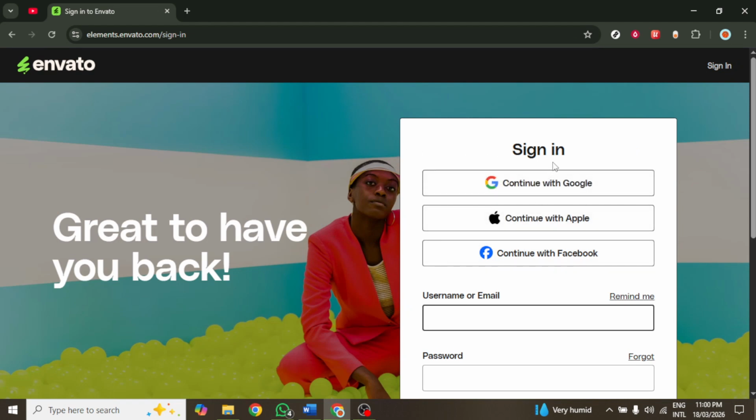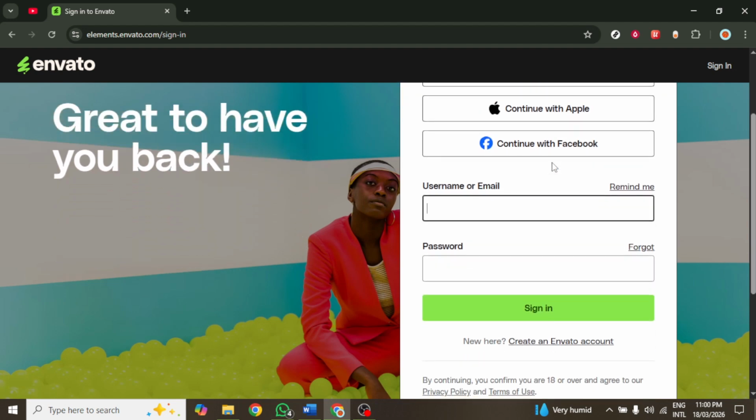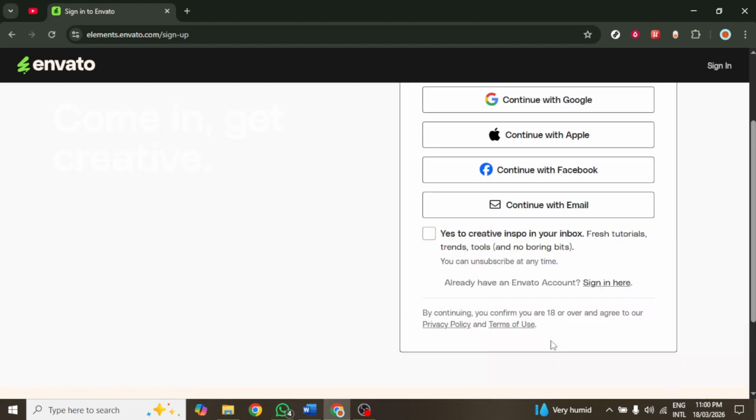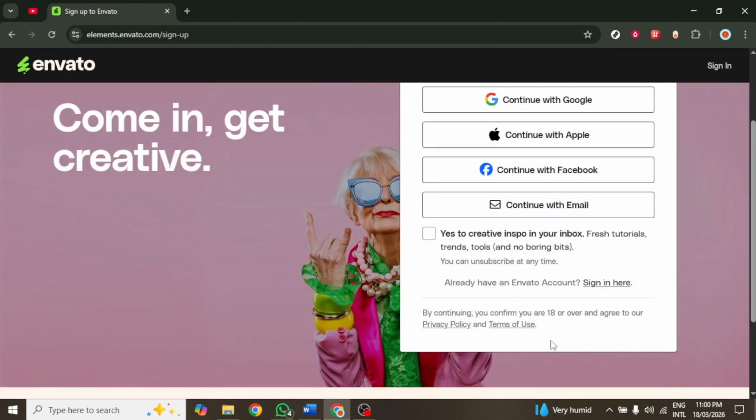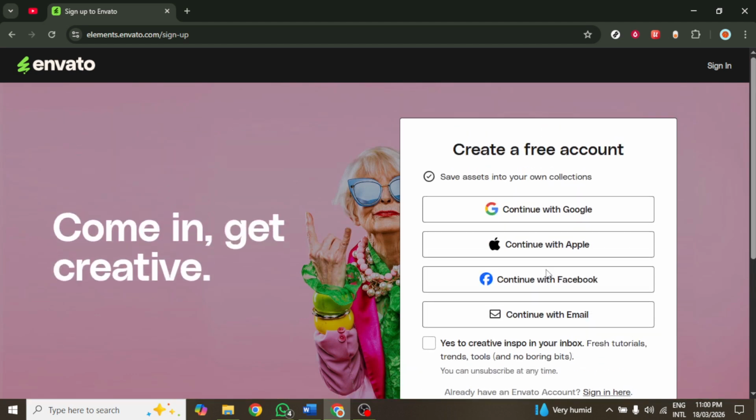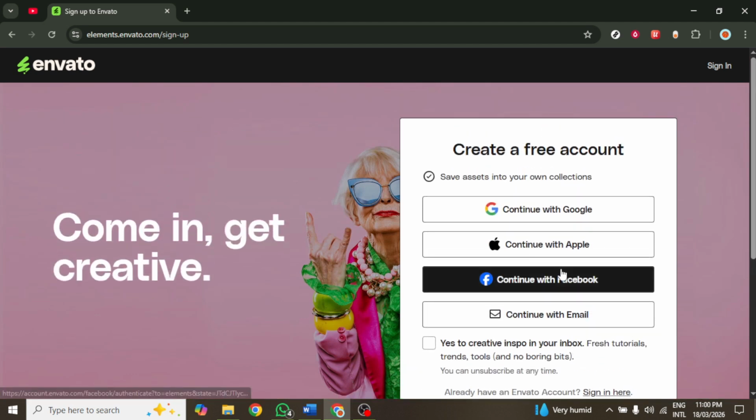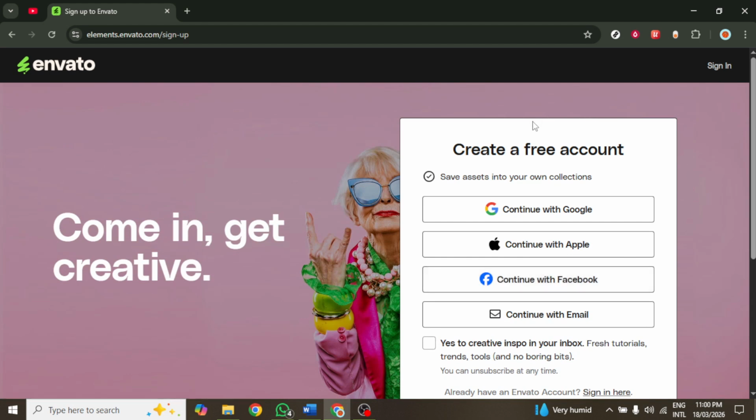Next, you will be directed to a registration form. Here, fill in the required fields with accurate information, including your email address, desired username, and a strong password. It is important to create a secure password to protect your account from unauthorized access. Make sure the email you provide is valid, as it will be used for account verification. After entering your details, double check to ensure everything is correct before proceeding to the next step.